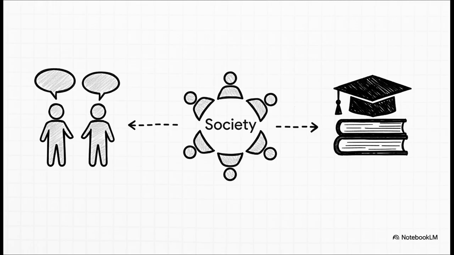This is exactly why society is the perfect word to put to the test. According to our source, it's one of the 1,000 most common words out there, so we're using it constantly. But, and this is the interesting part, it's also on the academic vocabulary list. That means it's a key concept for higher level thinking. So it's living in these two worlds at once. It's totally basic and incredibly complex.